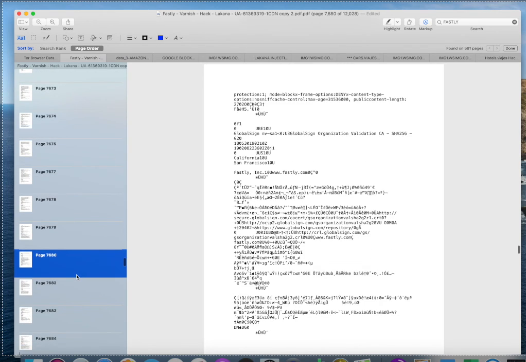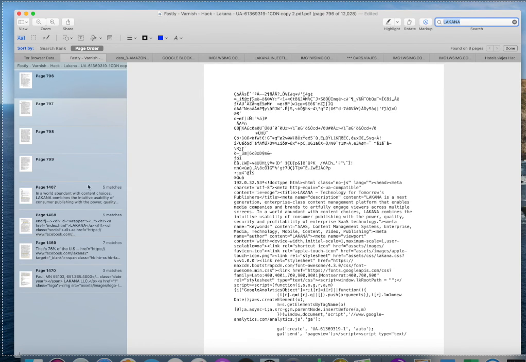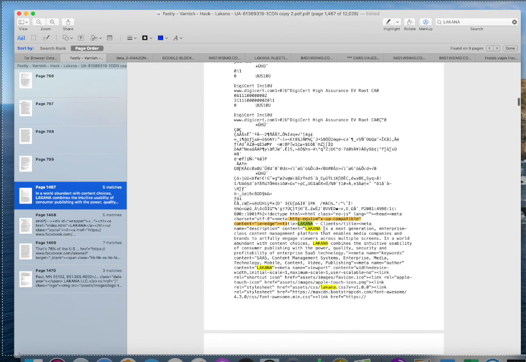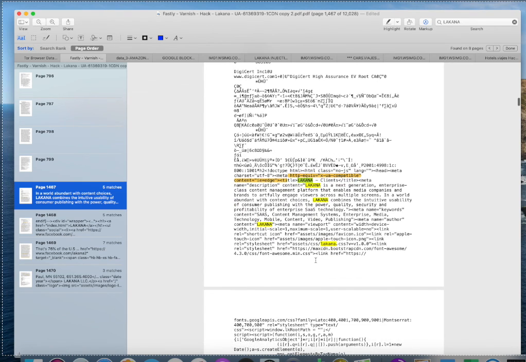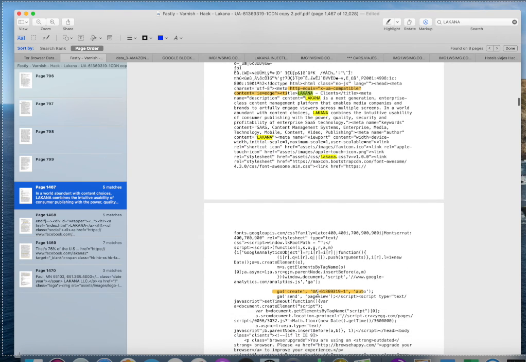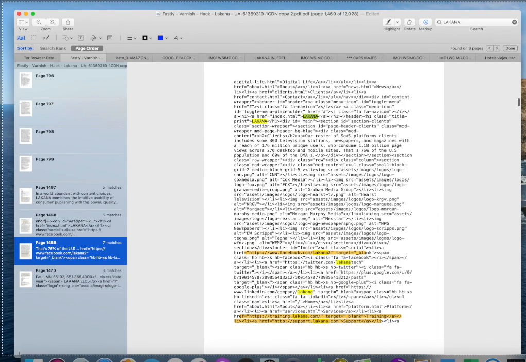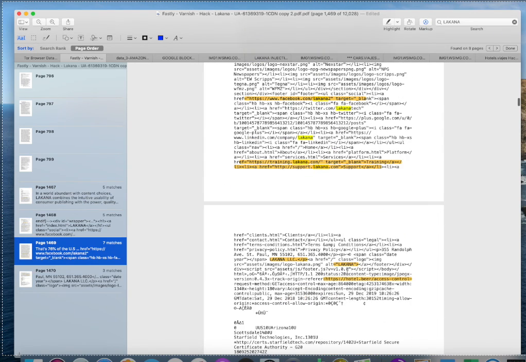And so is LAKANA. So I can come in here and type in LAKANA, and LAKANA is injecting their content, like their Google Analytics number, their Apple Touch icon contents, and here they're attacking hotel.beer.